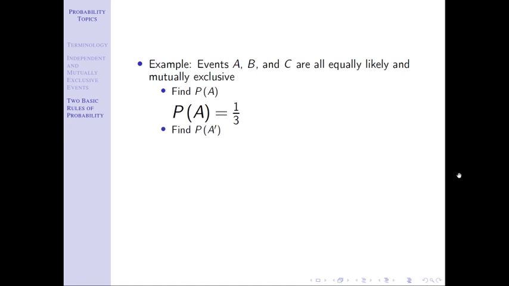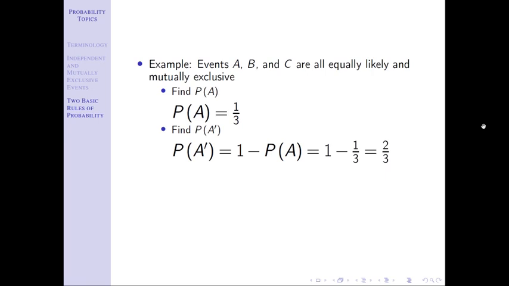Next one, find the probability of a prime. And this is the complement idea. We know that the complement is everything else, and we know its probability is 1 minus the probability of the initial event. So the probability of a prime is equal to 1 minus the probability of A. And this is going to be something that we do a lot in this course. Should be very comfortable with this idea of saying, if I want to know the probability of the complement of something, I just do 1 minus the probability of that something. In this case, probability of A complement is 1 minus probability of A, so that would just be 1 minus 1/3, which is 2/3.